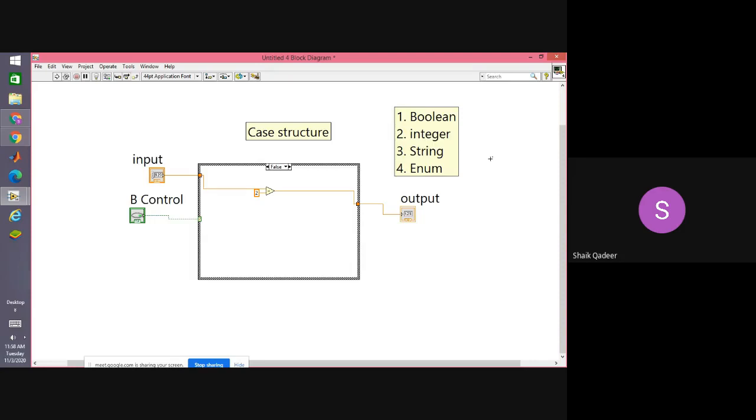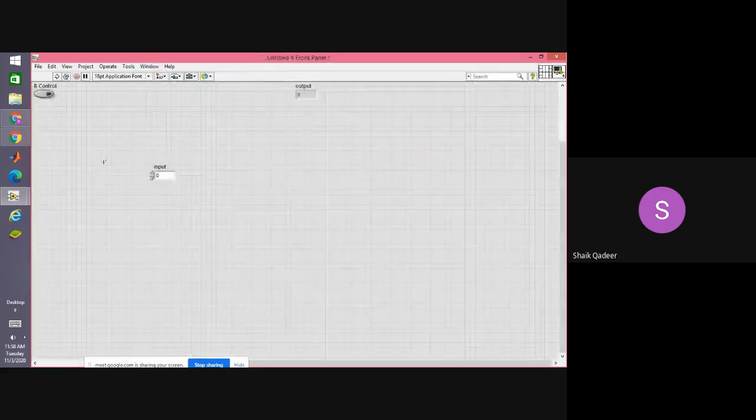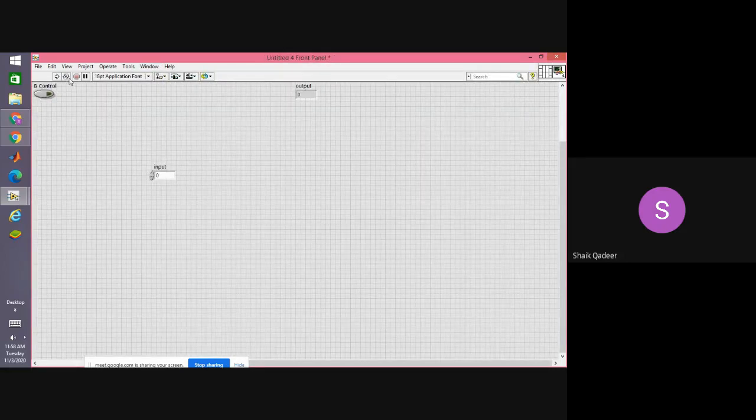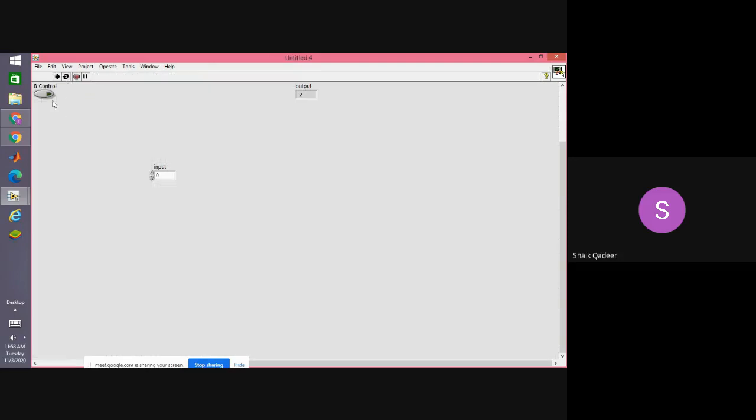In Boolean case structure, there is one control called Boolean, and there are two frames in which we can write the code. The names of the frames are true and false. The demonstration is very simple. If we go to front panel and run continuously, if control is false, output is input minus 2. अब input कुछ दे देंगे अपन.